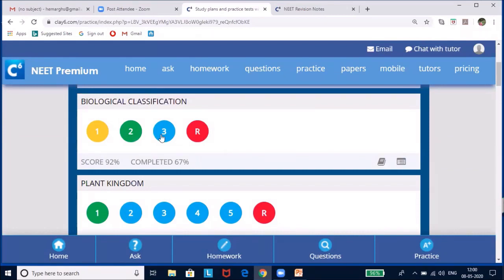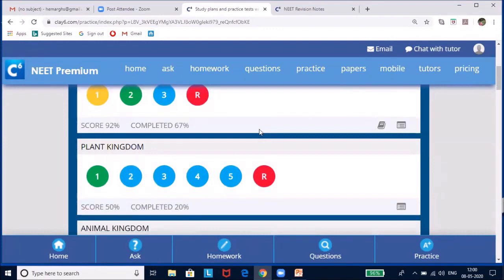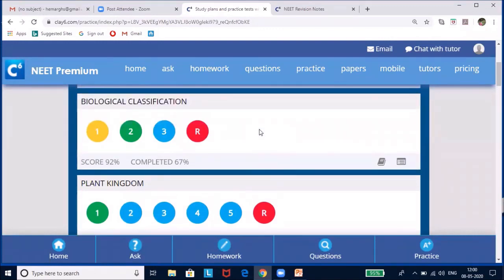And the blue test is also to be taken. The other color shows that I have not completed the test, and the blue bubble shows that I have yet to take the test. And this is a random test. Suppose you want to see the different levels of difficulty, random wise or concept wise, then you can click this test. I'm going to get back to this later.